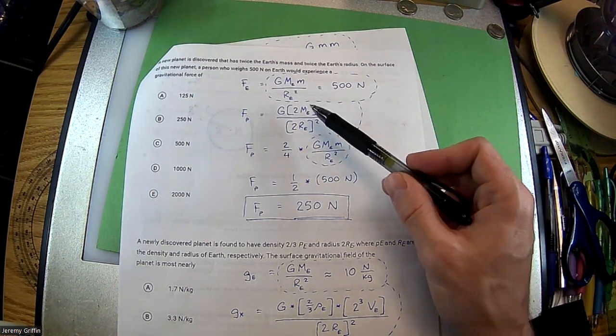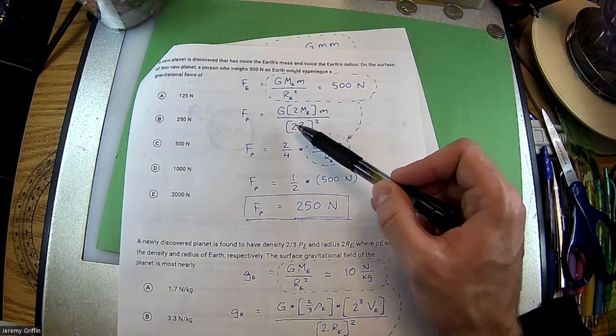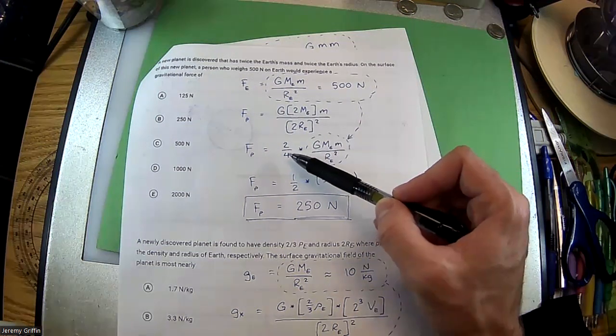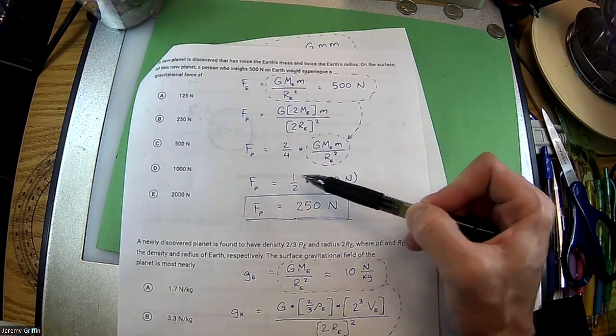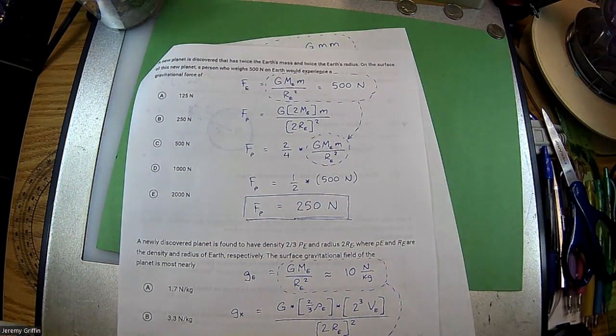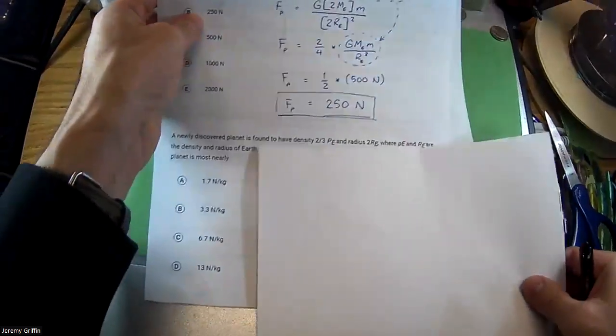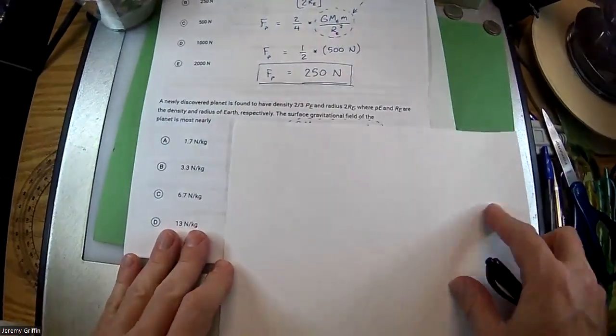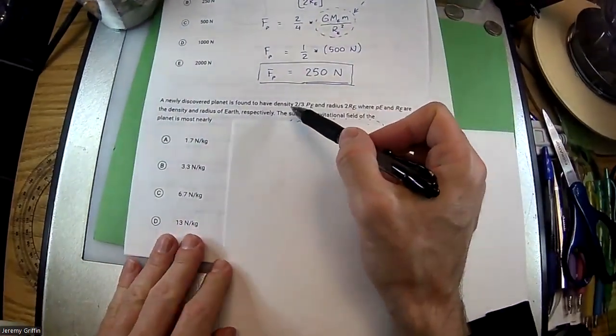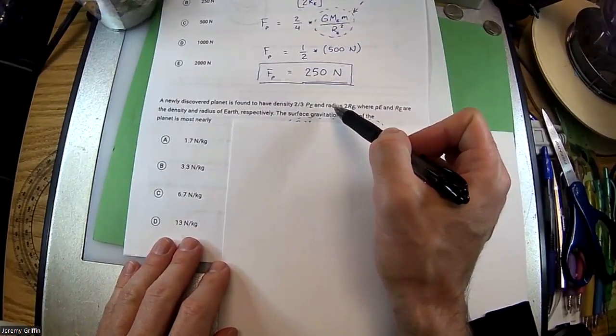So then pull out 2 in the numerator, and pull out 2 squared, which is 4, in the denominator, and then here are the Earth values. Boom, half of 500 is 250 newtons. There you go. All right, you guys go with the giant puff planet. All right, next one. A newly discovered planet is found to have a density of 2/3 of Earth's density and